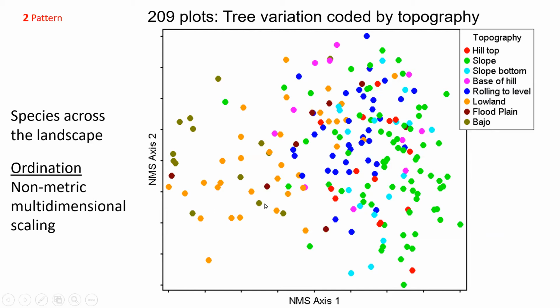And I think you can see that there is some pattern here. Of course, this is nature and you've got 150 tree species, so there's a lot of noise. But generally speaking, the plots with blue are in this area, indicating their similarity to each other. The tan orange are over here, and the greens are over in here. So they're not discretely separated according to topography, but they definitely have a tendency toward topography.